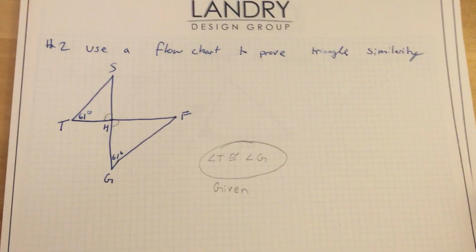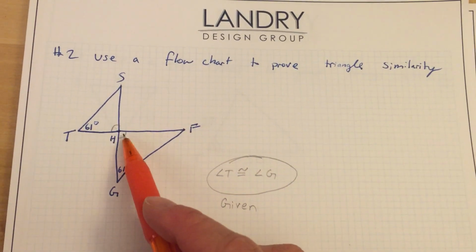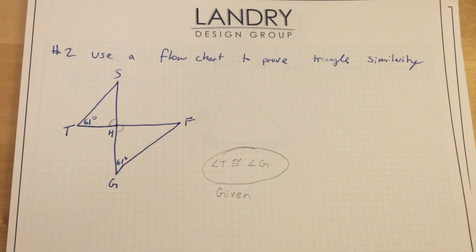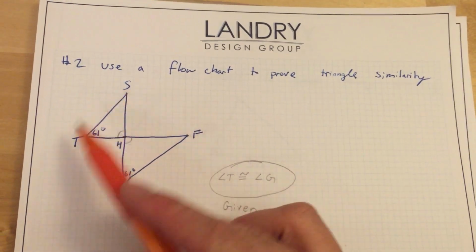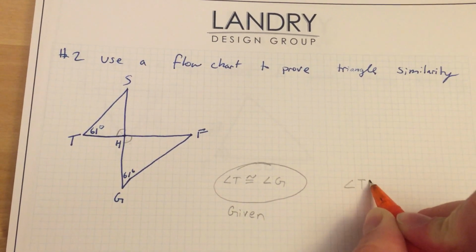Perfect. So this is an angle. In order for AA to work, I need another one. So again, I'm going to use this vertical angle. And I can't say that this is angle H and this is angle H because I don't know which one I'm talking about. So I need to use all three letters. So I'm going to say angle THS